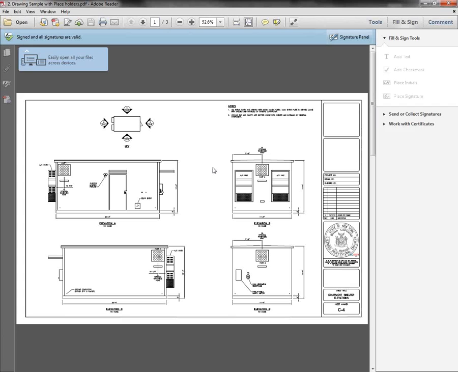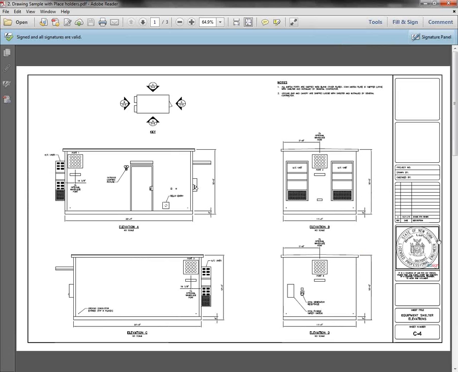So what did I do? I signed it using the Cosign software, and it made it very easy to sign the document. But then I closed it and I opened it up in the free version of Adobe Reader. First thing I see again is the green check mark right here. Nothing's changed since I signed it. Any modifications to this document at this point would have been a red X. You can inspect it through Adobe Reader.